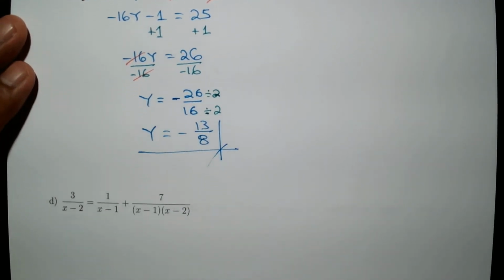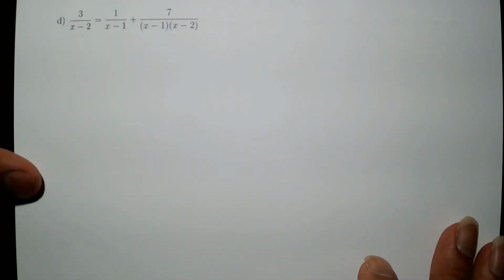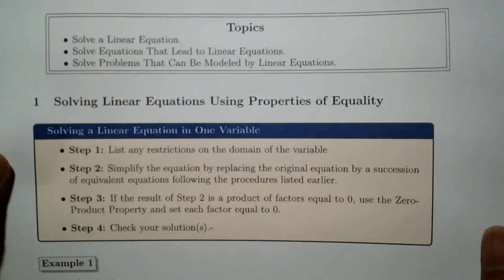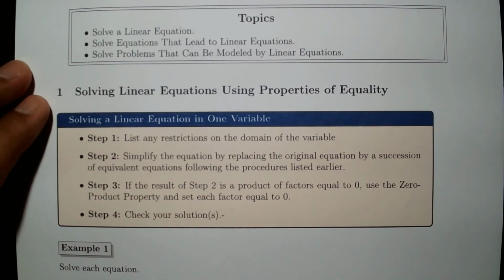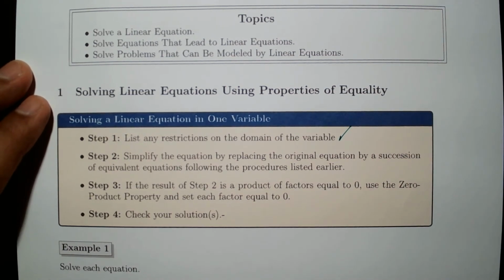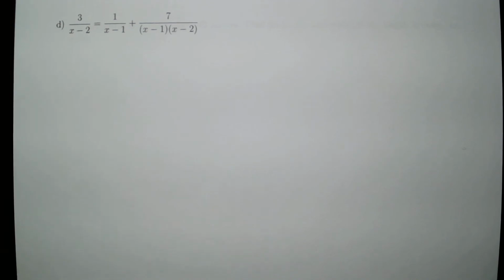Alright, let's look at letter D. So letter D, that looks even uglier. In this case, this is going to be one of these equations in which we need to look at restrictions of the domain that we mentioned here in the first step of the previous page. List any restrictions. Why is that? Well, so